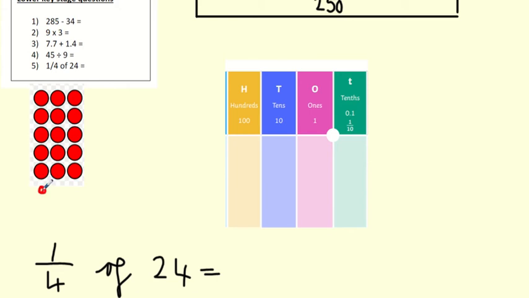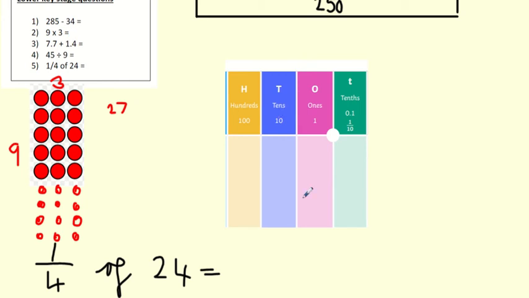So I need to add on my 6th lot, my 7th lot of 3, 8th lot of 3, and then my 9th lot of 3. Okay, now I've got 9 lots of 3, and I'd be able to count those to know that 9 times 3 is 27. Okay, let's have a look at question 3 together then. We've got 7.7 add